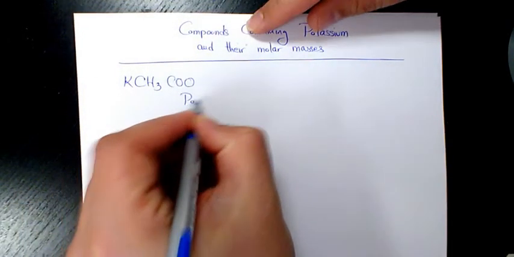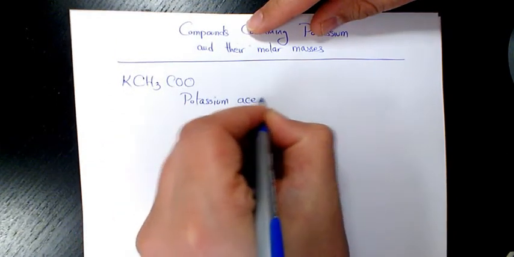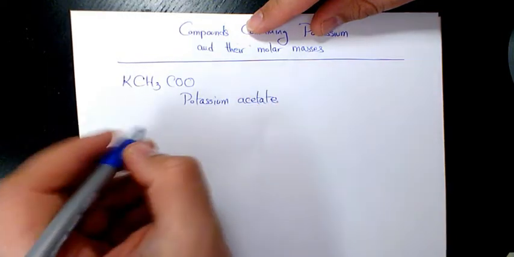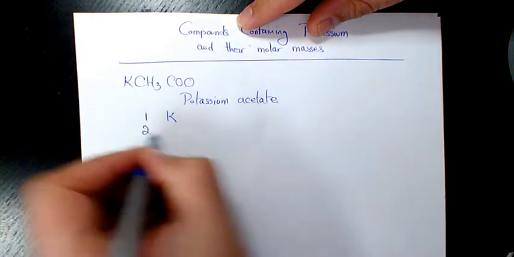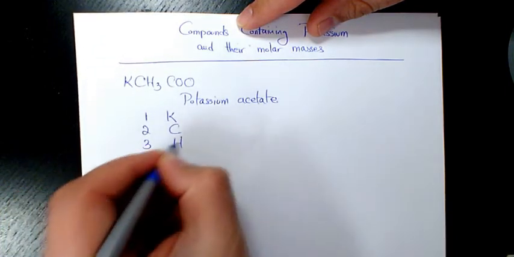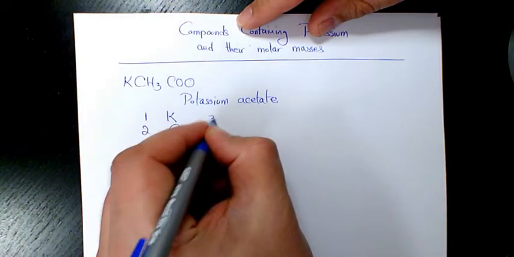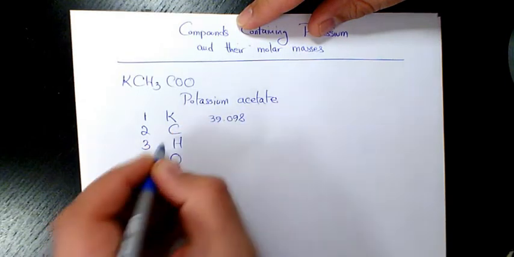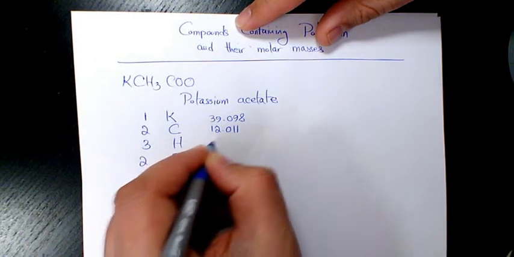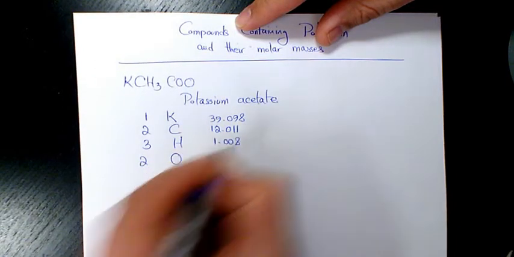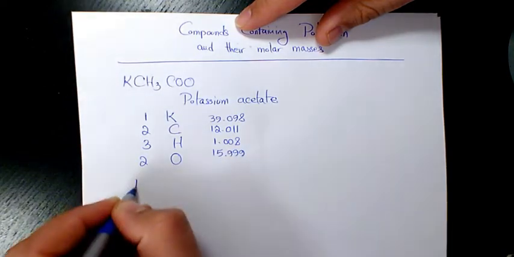So we have potassium acetate, and if we want to have the molar mass, we have 1 atom of potassium, 2 atoms of carbon, 3 atoms of hydrogen, and 2 atoms of oxygen. K is 39.098, carbon is 12.011, hydrogen is 1.008, oxygen is 15.999, and molar mass is going to be